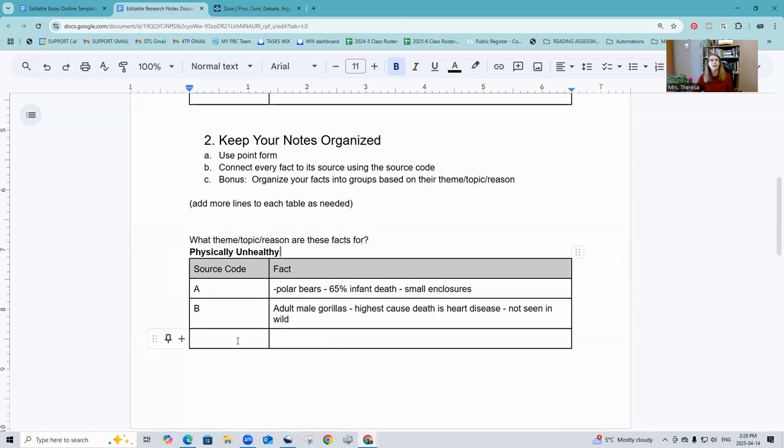We want at least 3, if not 4, different facts that are going to prove that. So we want to make sure that we have enough proof already researched that we're going to be able to write this. We don't want to be going back at the drafting stage trying to find more information. That's a really bad time to do it. We want to have all of that organized, all of it taken care of ahead of time.